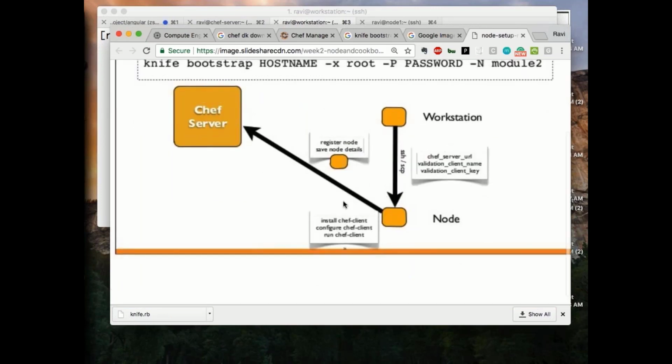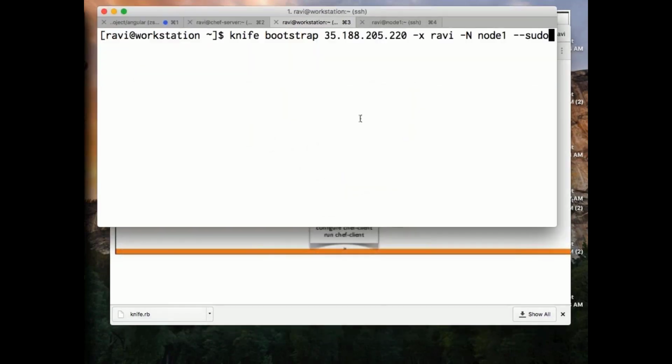So you understood it. Basically, it is going and registering your nodes there. Like I told you, in the backend it is going to run a process called OHAI. It will collect all that information from your node and update it to your server. Now let's go and run this particular command. Let's see what happens. So once I run this,